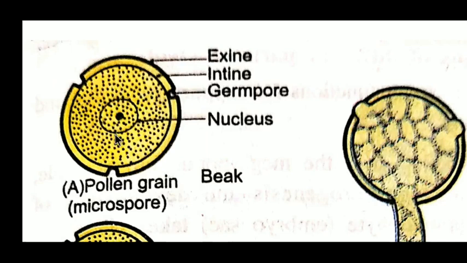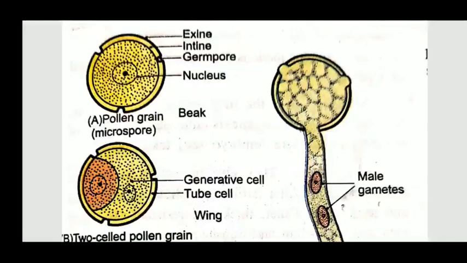Then how are these pollen grains going to be developed? The development of pollen grain occurs in 2 stages: before pollination and after pollination. So first we'll see before pollination, in the pollen sac. With the help of these 2 diagrams, I'll explain how pollen grains are developed